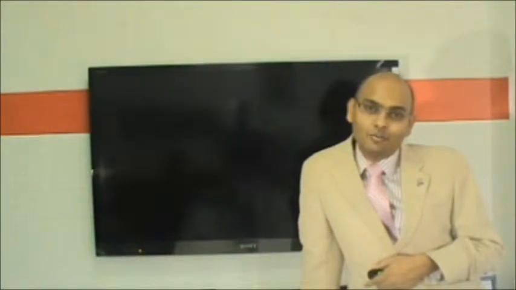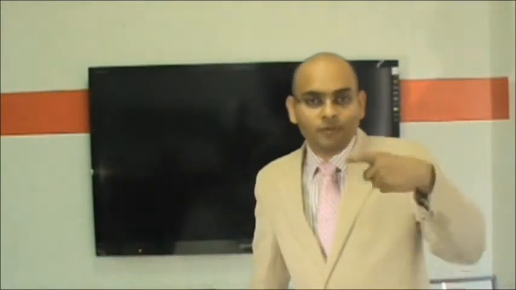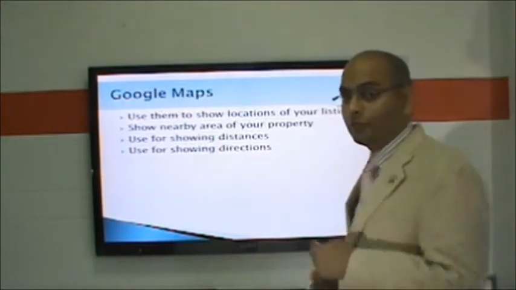Most realtors have a bad reputation that they give wrong distances. They say this house is just 2 kilometers from your office, and when you actually start, you end up driving 6 kilometers. The first 2 kilometers is only the first turn, then another 2 kilometers, then another 2, and you end up at 6 kilometers. You can build a good reputation by sending a Google Map with the exact distance, showing how you calculated the distance between his home and his office, so that there will be no dispute regarding the distance even before seeing the property.